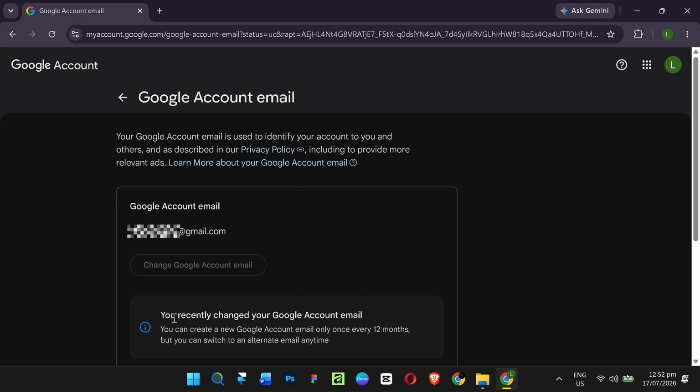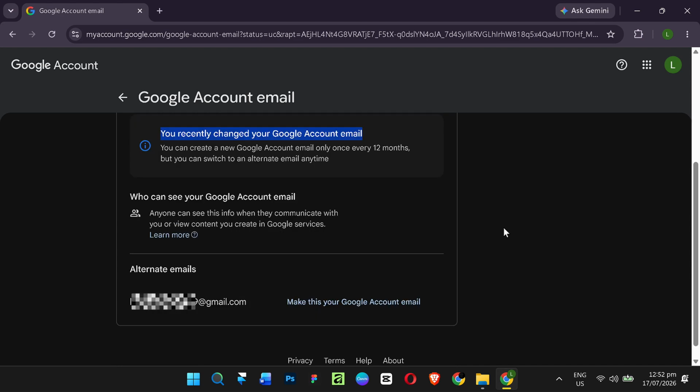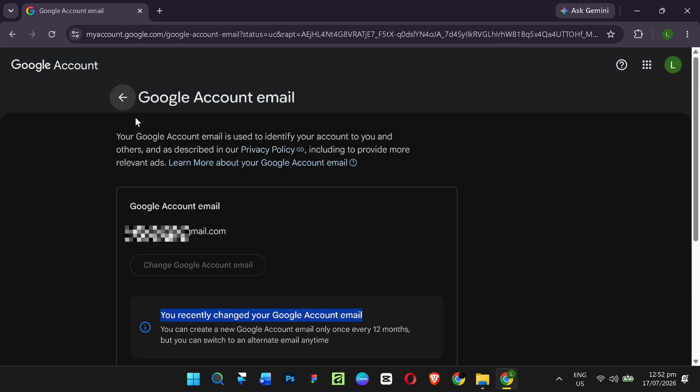Now your email is changed. Here you'll find your old email address used as an alternate email address, which means you can still receive email